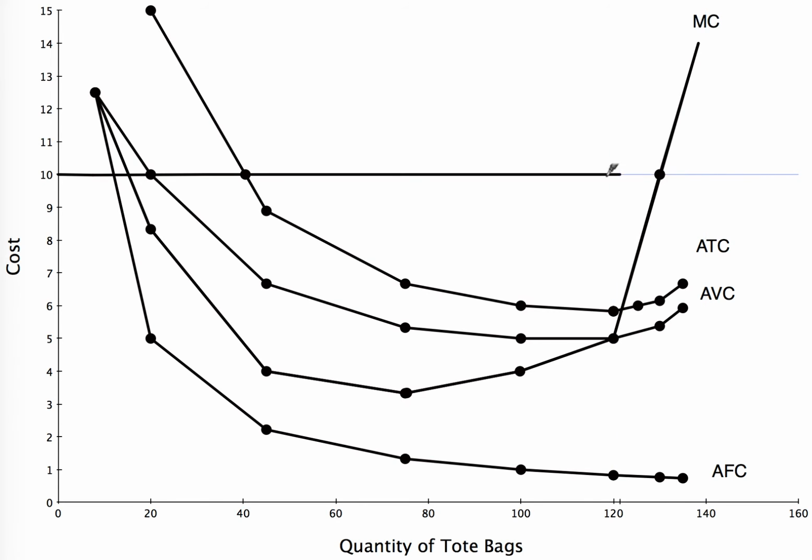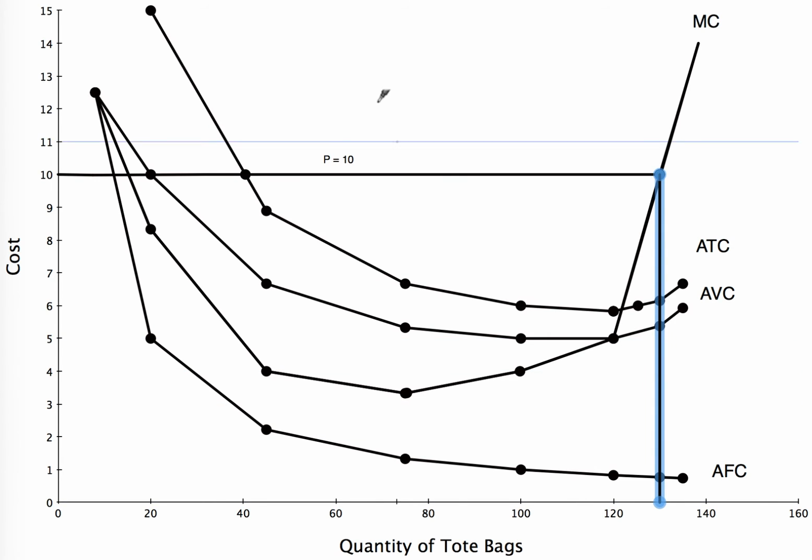Now, what if the price was $10 and we were selling 140 units? Well, notice the extra benefit is $10, but the extra cost is more than $14. If the extra cost is more than the extra benefit, we would not want to do it, and so we'd want to produce less. So we stop where price is equal to marginal cost. And so if the price is $10, then the amount that we are willing and able to produce is about